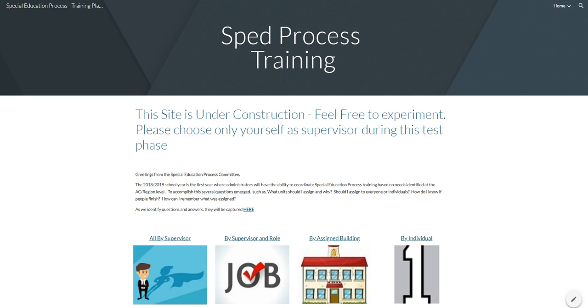To address this concern, the Special Education Process Committee has developed an organizing system to facilitate administrators in assigning special education process training courses. Over the next few minutes, we will move through the process using the established methods. This process is in its initial stage, and we will go through cycles of improvement in the coming months. As questions are surfacing, they are being integrated into a question and answer document, which can be located at the